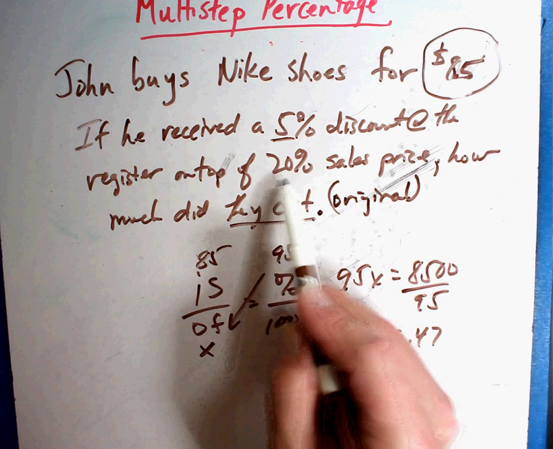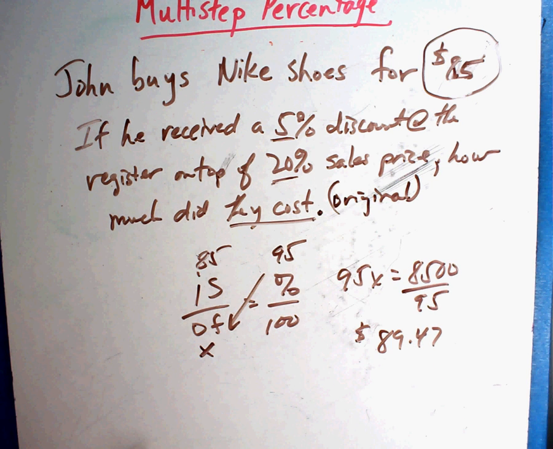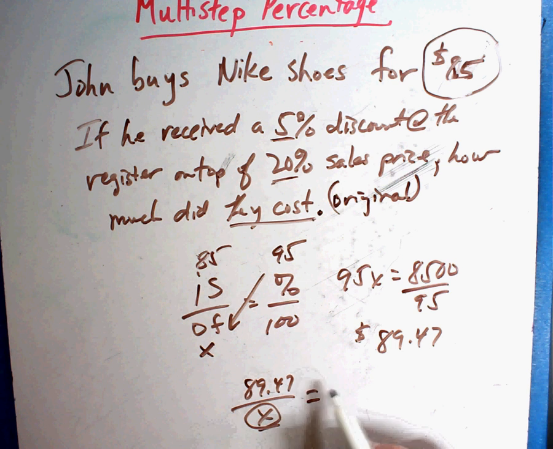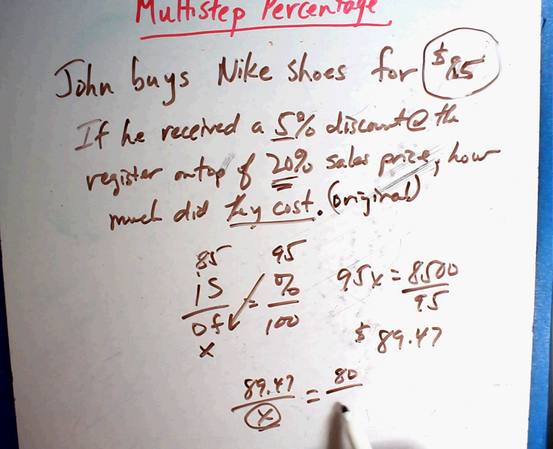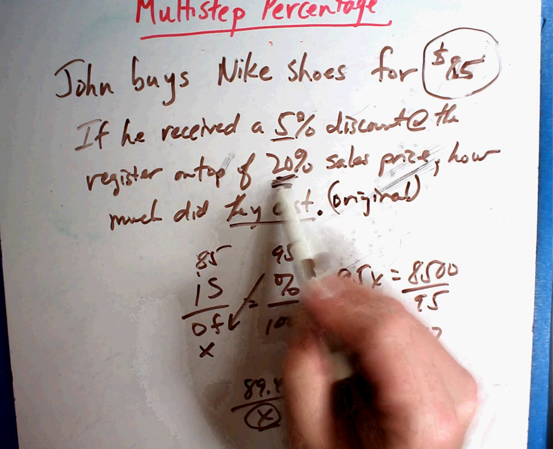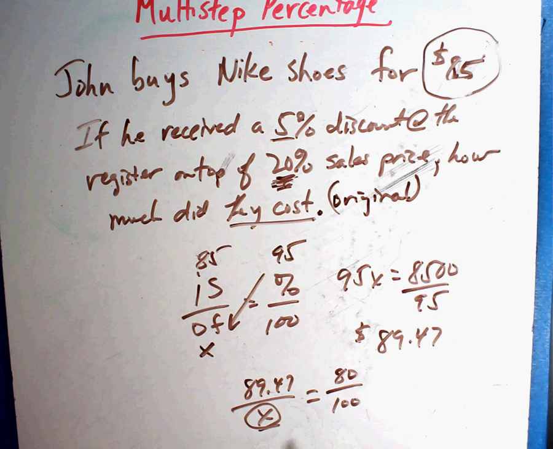And then he got the sales price of 20%. So if I do it again, 89.47 is what it would have been over, and I wonder how much that original price was. If he got a 20% discount, that means he paid for 80%. So is over of, percent over 100. If you got a 20% discount, he's paying 80%. So when you cross multiply,